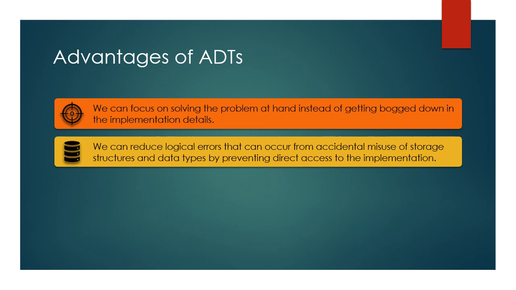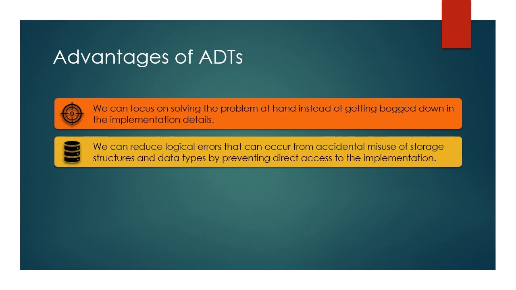We can reduce logical errors that can occur from accidental misuse of storage structures and data types by preventing direct access to the implementation. The only way to modify data items associated with an ADT is by using its modifier functions. So unless we call the modifier functions, we can be sure that the data is intact and unharmed by